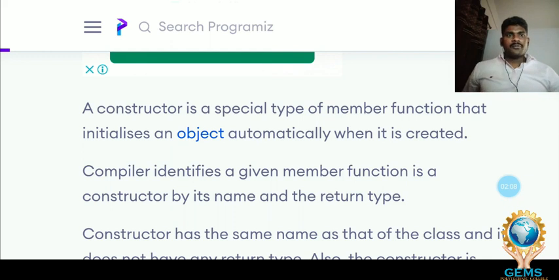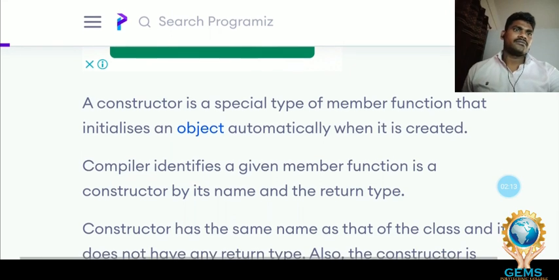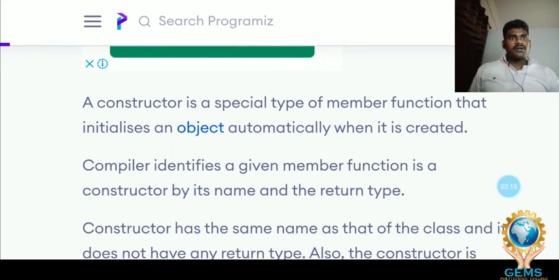Let's focus on what the constructor has to do. When you create an object, the constructor works automatically. All of you know how to create an object: class name, object equal to class name, brackets.